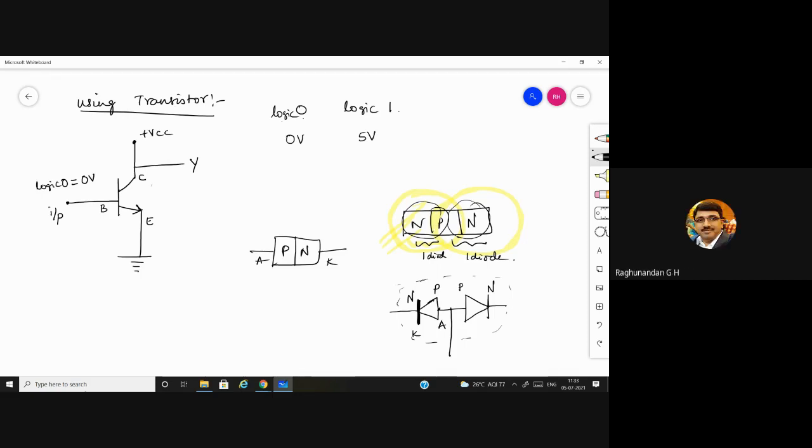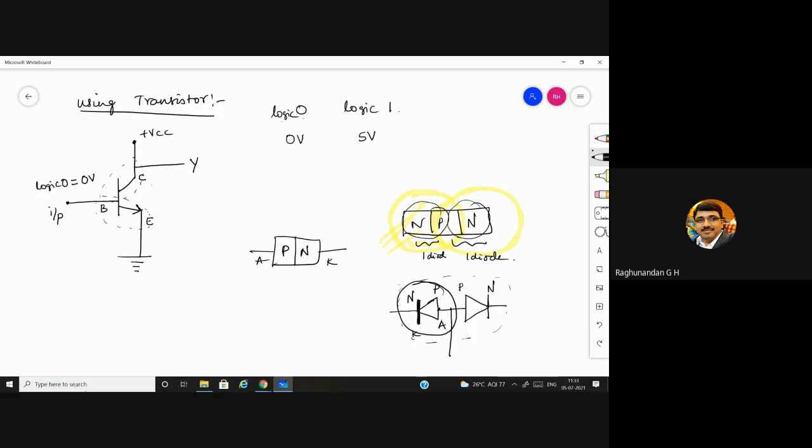Yes, forward bias condition, reverse bias condition we are having. In the same way, to operate this transistor, we need to make this transistor forward biased. According to this diagram, this is one diode and this is one diode.